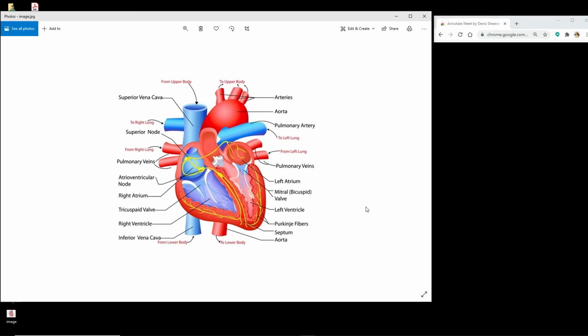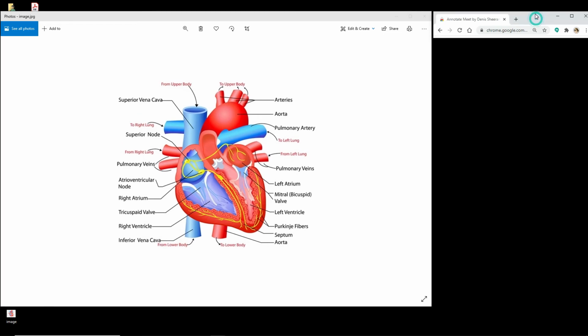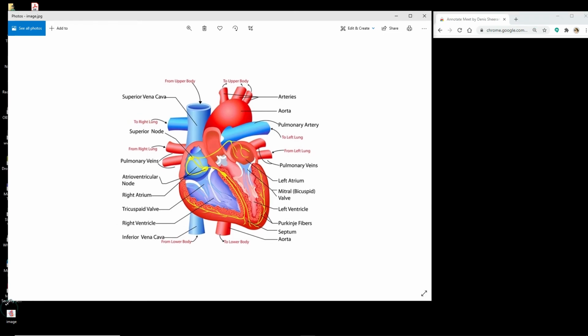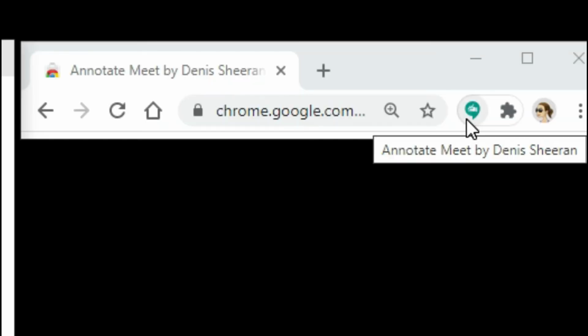You can minimize from your side and you can tell your students to enlarge the screen when you are teaching. So let me enlarge as much as possible, and then let me fix this also properly. Now the picture you want to explain to your students. Now what is the trick you have to apply is you have to select this Annotate Meet by Dennis Sherin, keeping the Google Chrome tab on your screen. Then only it works. If you close this Google Chrome tab, then it won't work.